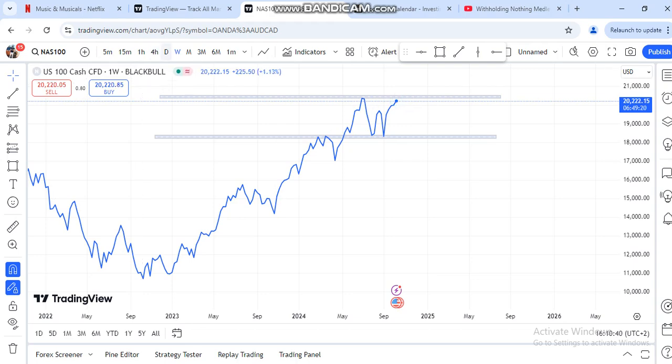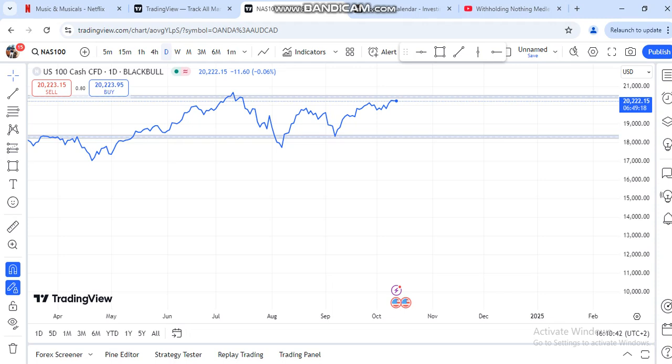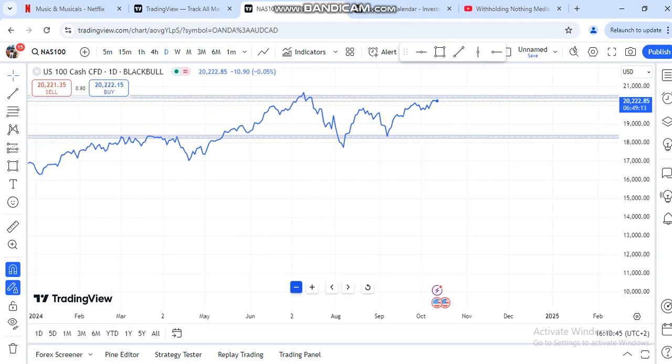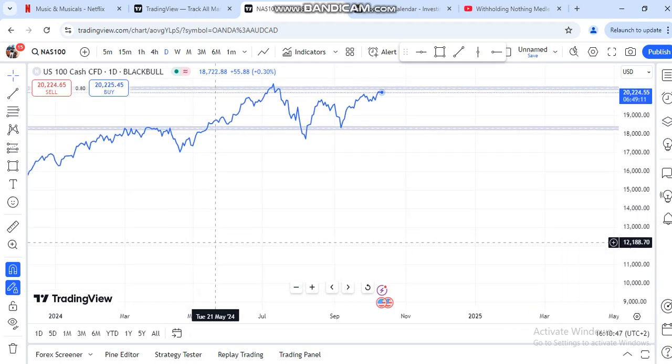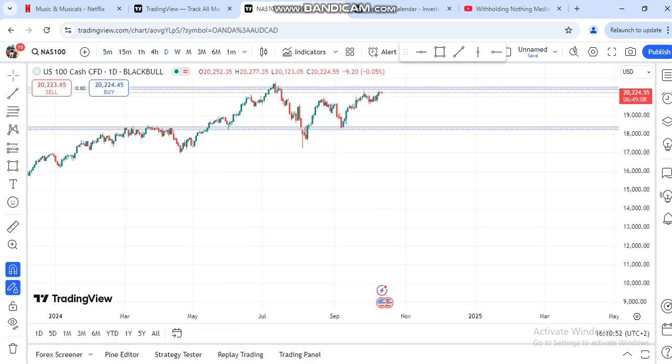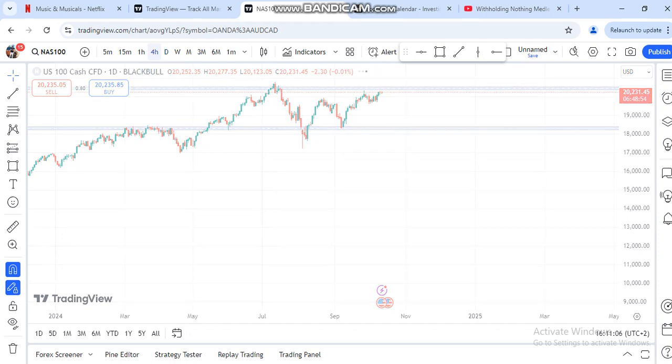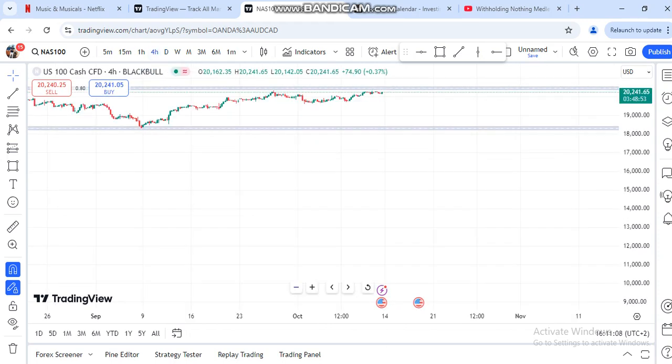So here I'm going to the daily time frame to see what's happening. Okay, let me go back to the candlestick chart so that we can see together what's happening. We're almost there at the peak of the resistance. So the market is still playing. So let's go to